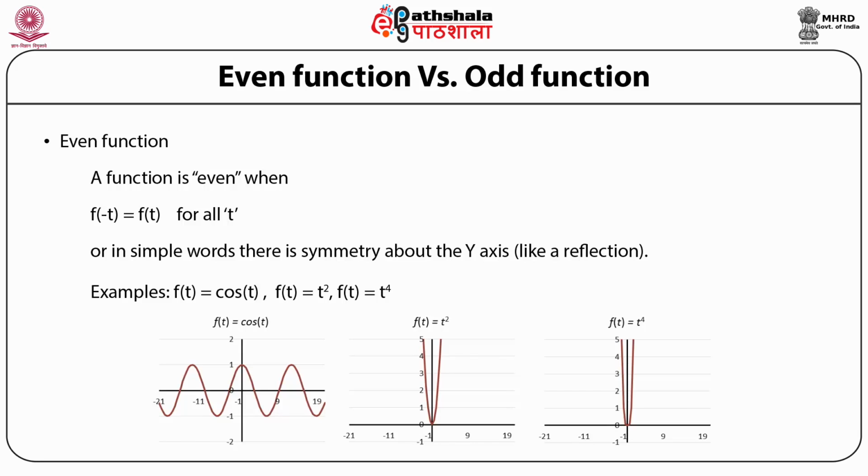For example, a cos function. You see both sides of the cos function, cos of minus t and cos of t, are the same. Similarly f of t squared: if you put t as minus something or plus something, both values are going to be squared, so the negative sign is gone. Whether the t value is positive or negative,